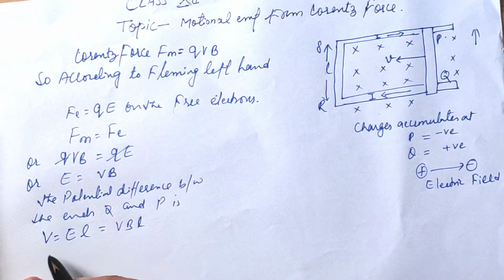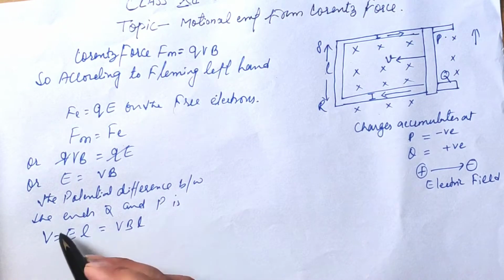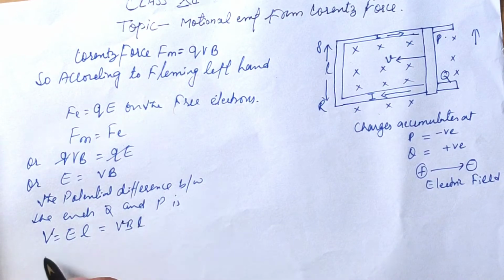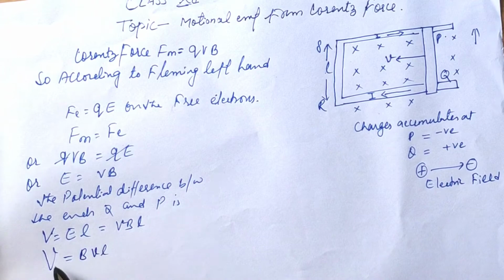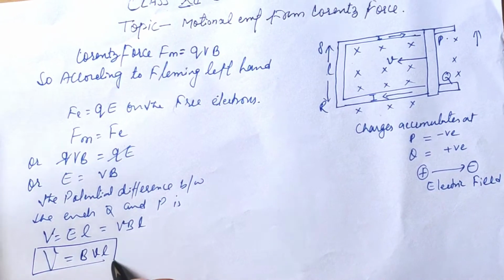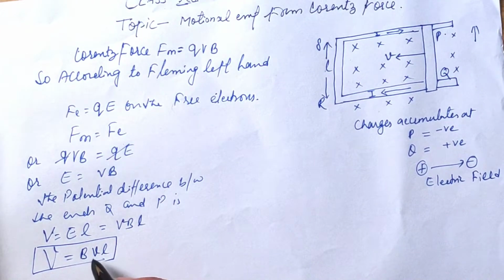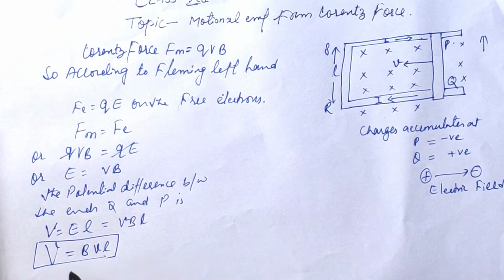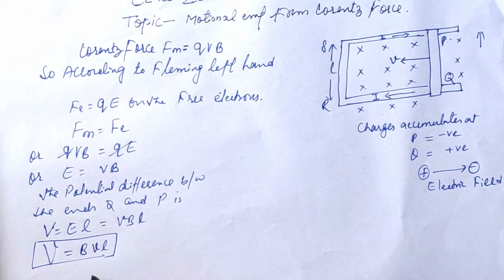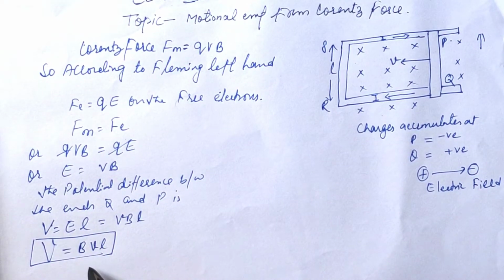It means V is a potential, and this is B, and this is a small v, we can say, the velocity. Okay, so potential V is equal to vBL, we can write. Where V denotes the potential, B the magnetic field, v is the velocity, and L is the length. So this potential means the magnetic force on the moving free electrons that maintains the potential difference and produces the motional EMF.